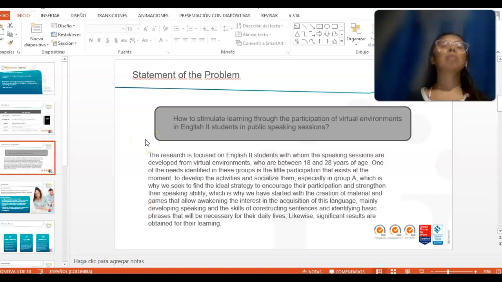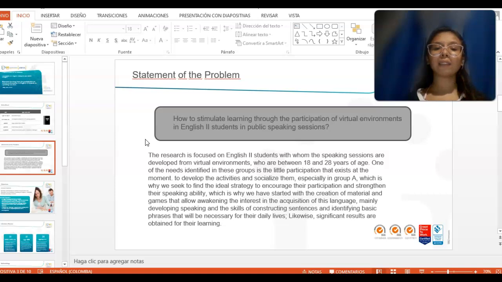The research is focused on students whose speaking sessions are developed in virtual environments, who are between 18 and 20 years old.